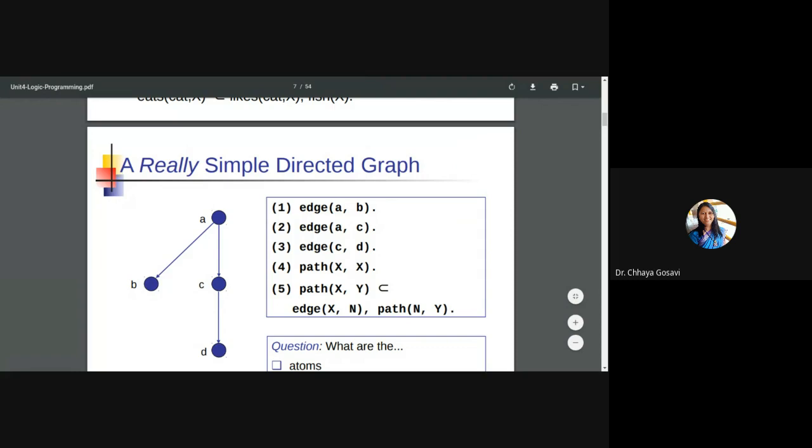Edge(a, b), edge(a, c), edge(c, d), then we have to define a path.